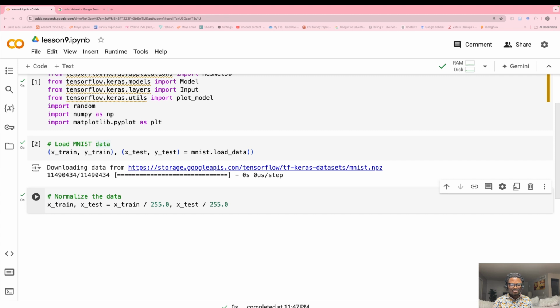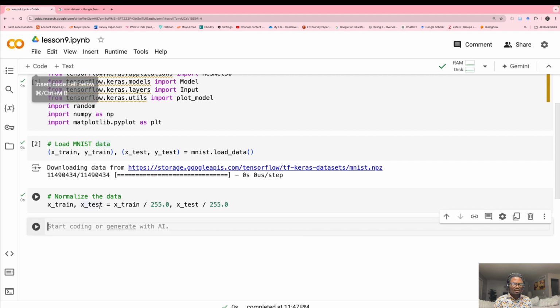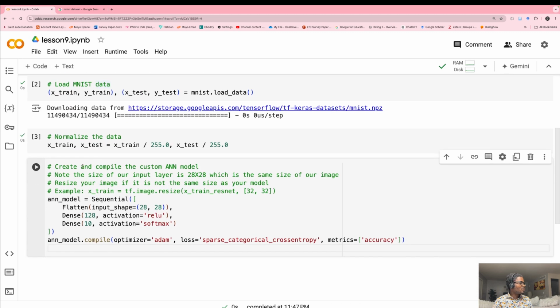Now the next thing that we need to do is to create and compile our model. You don't need to write all of this. This one is just telling you that